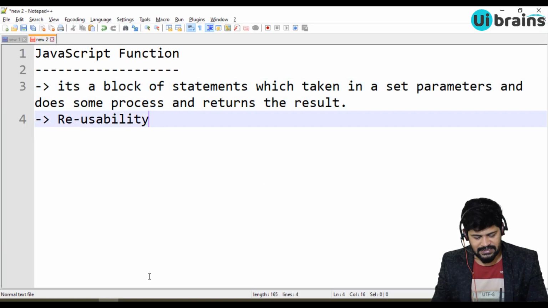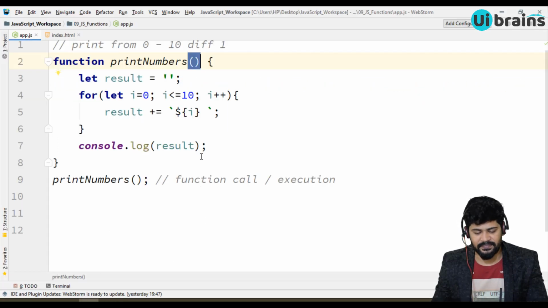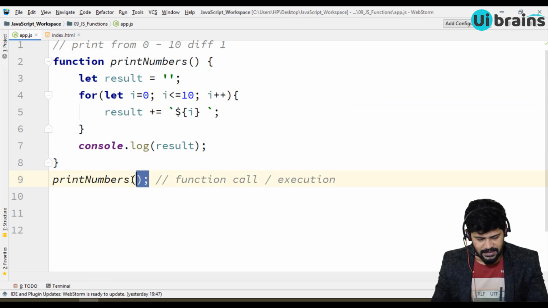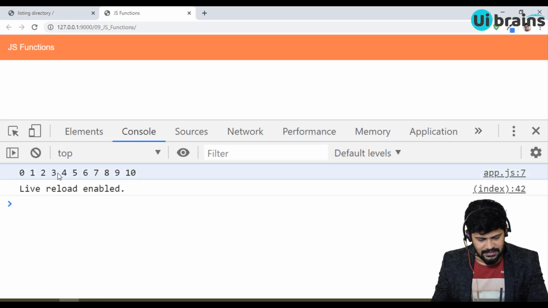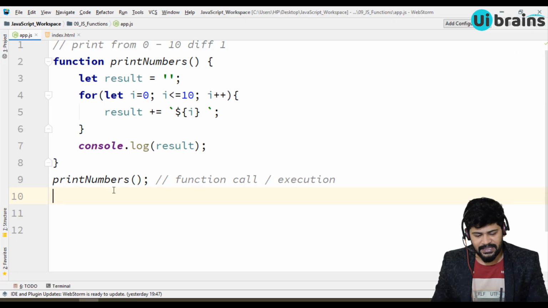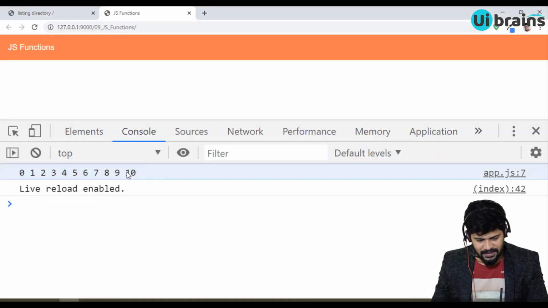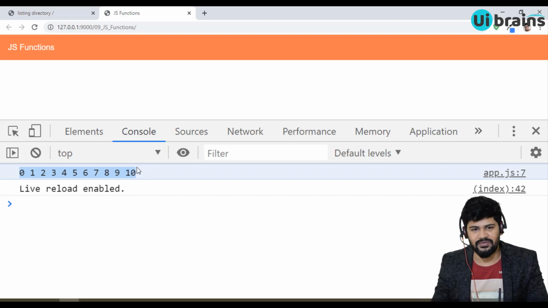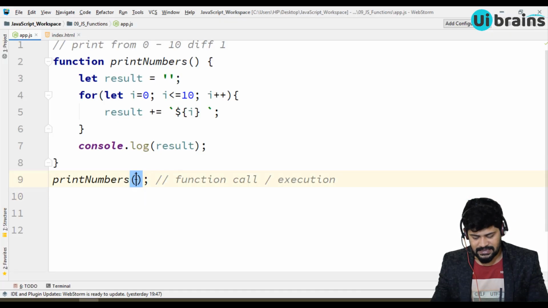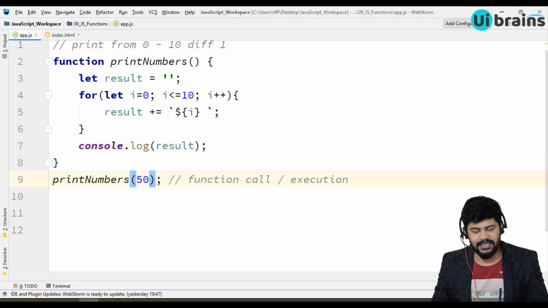Now I slightly modify this function. When you see the function call, this is printing 0 to 10, but I want to customize this logic. I don't want to always print 0 to 10. I want to inform the function that if I pass 50, you have to print up to 50.